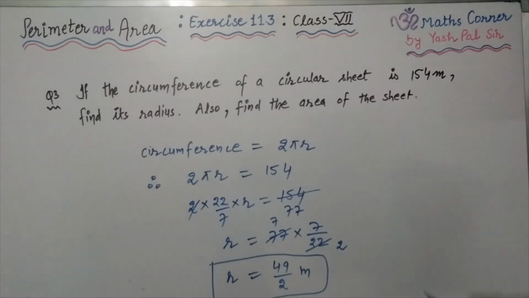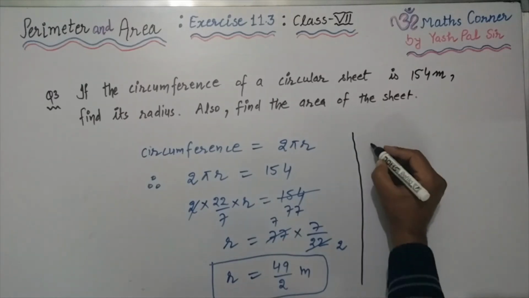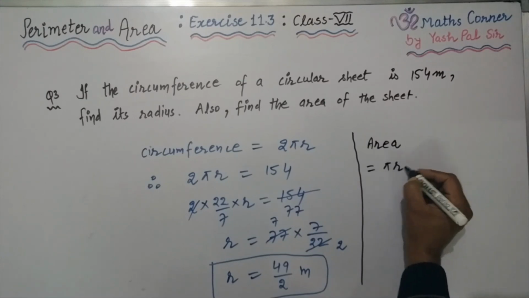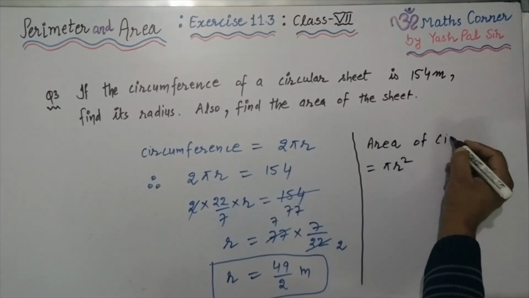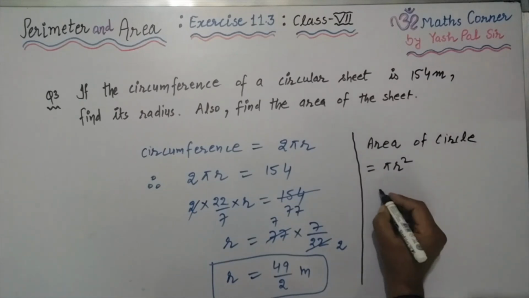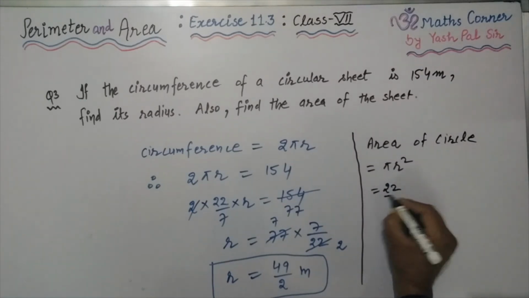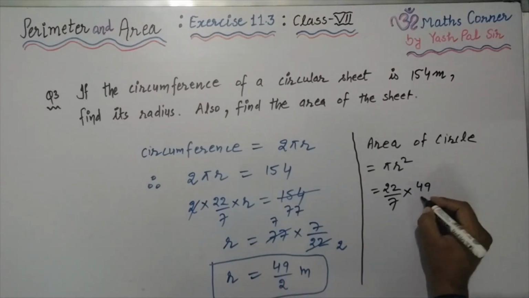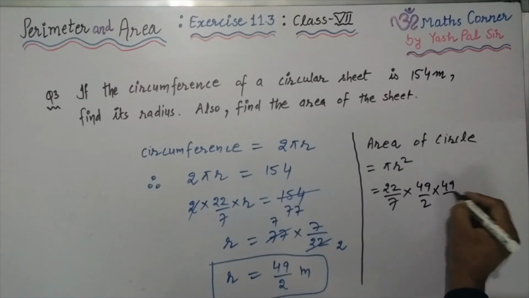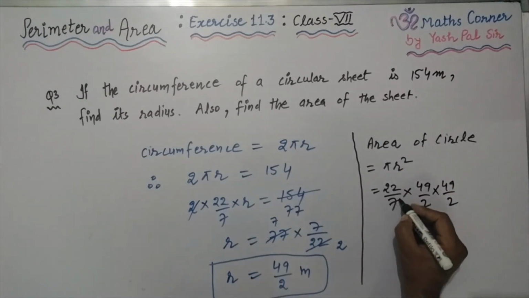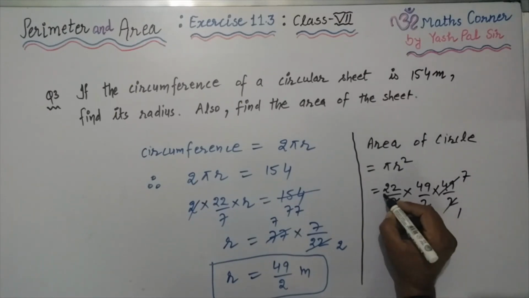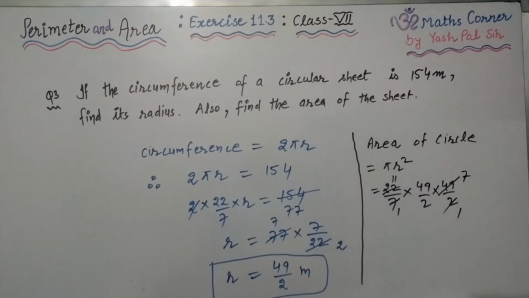Also find the area. Now second part of the question, area of the circle. We know the formula. This is pi r square, area of circle. So what is pi? This is 22 upon 7. And what is r? This is 49 upon 2 into 49 upon 2, r square. So 7 ones are 7, 7 sevens are 49, 2 ones are 2, 11 twos are 22. Finally 1000